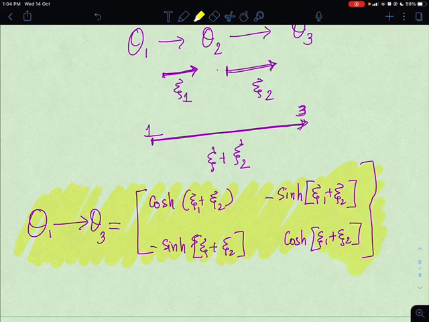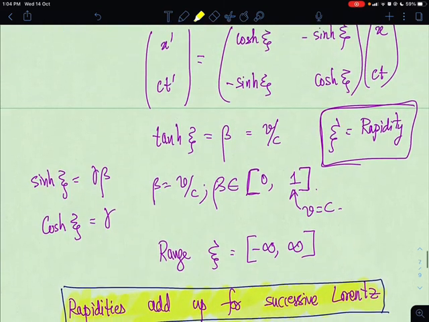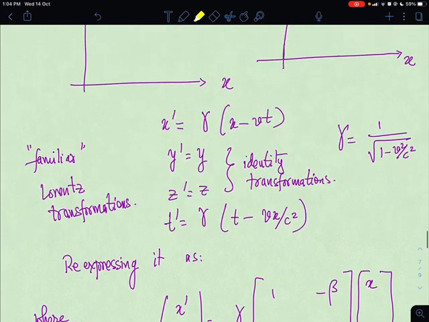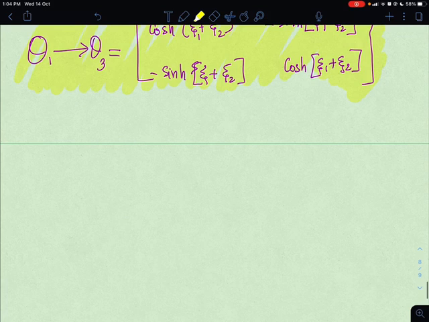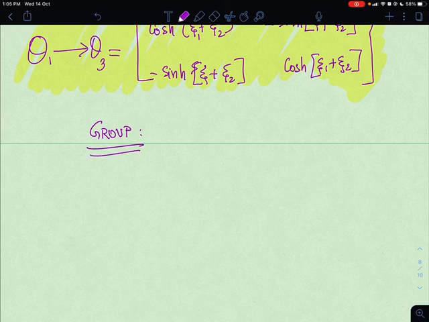So now you can ask the question. We have one set of rapidities in the x direction. Similarly, you can have rapidities in the y direction, and rapidities for the z direction. So all of them form a group. So for example, what does a group contain? A group contains a set of operators